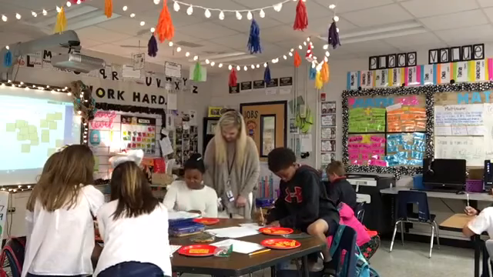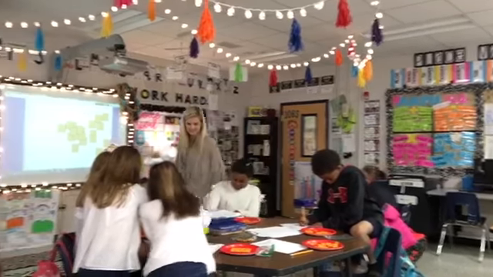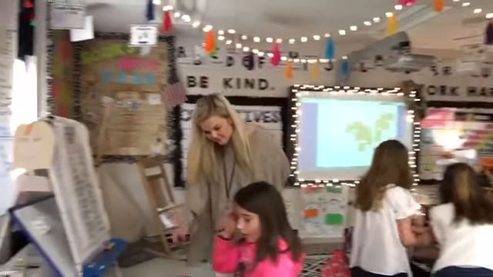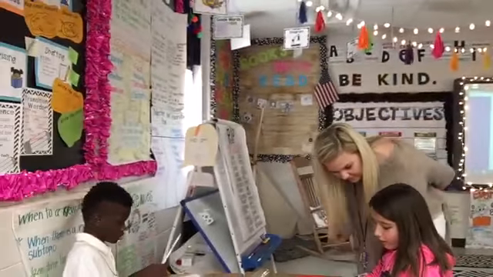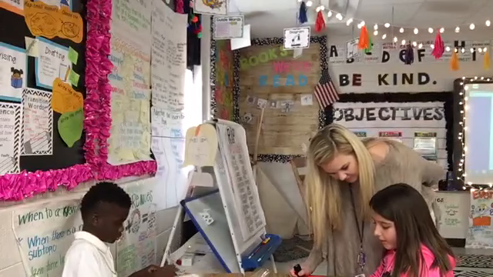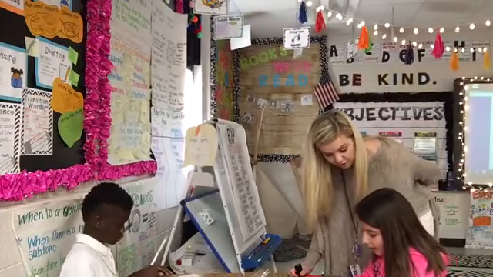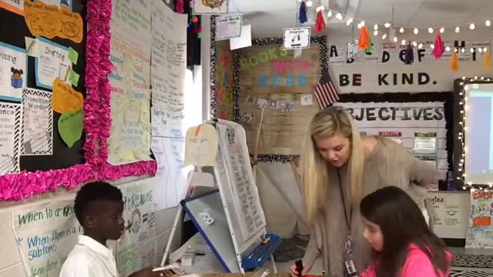Very good. If we have a perimeter with units, do I put 16 units? Yeah, 16 units. Do you put squared on perimeter? No, because remember you're finding